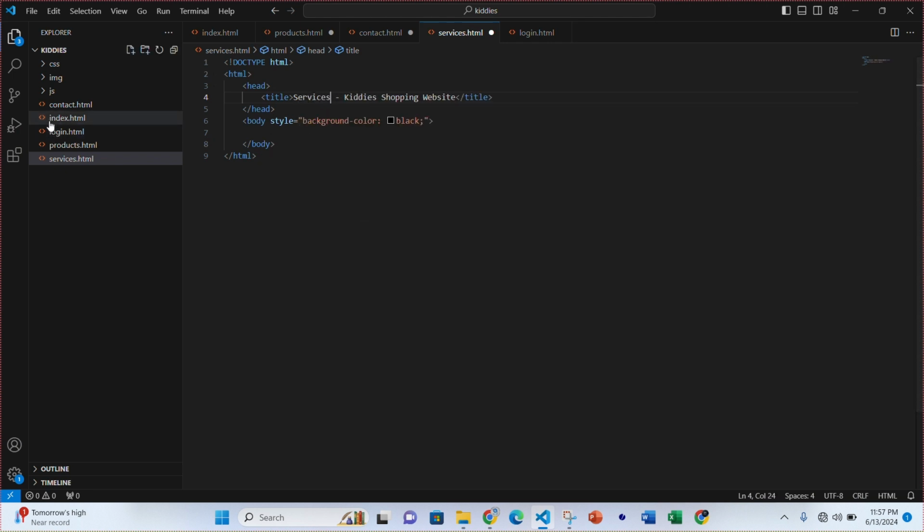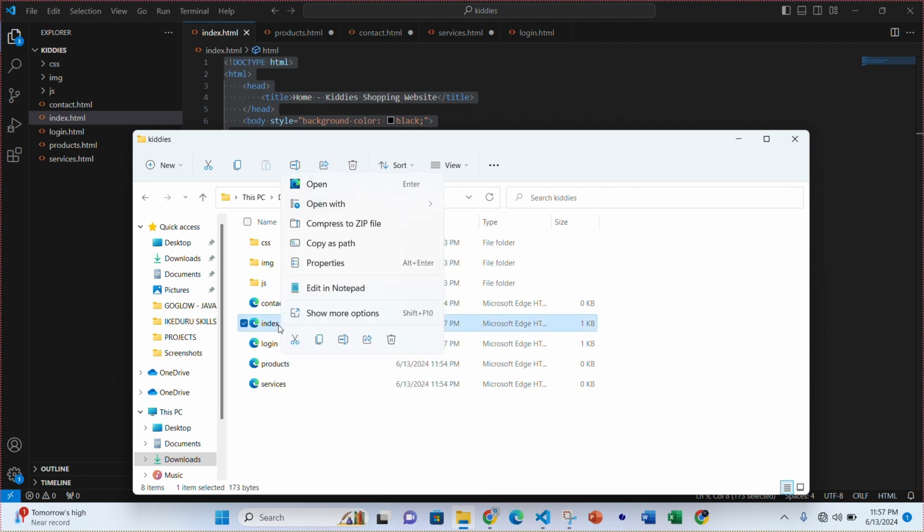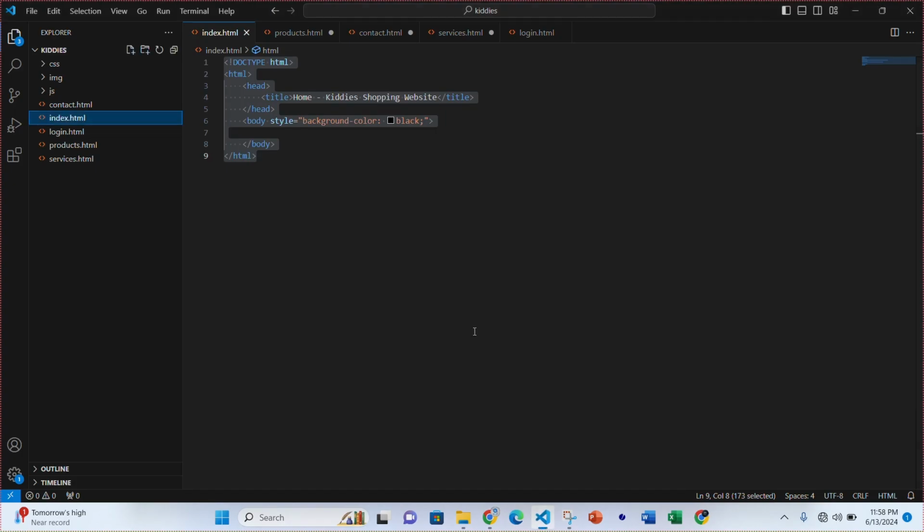Let's go back to our index page and probably start visualizing something. We can actually check our web pages here. Over here, I can right click and open with Google Chrome, and this is our website with a black background. So we're going back to our text editor, and there we'll go about building our navigation